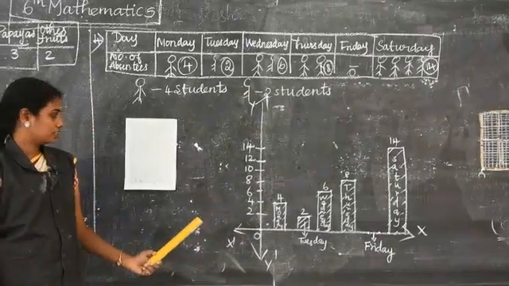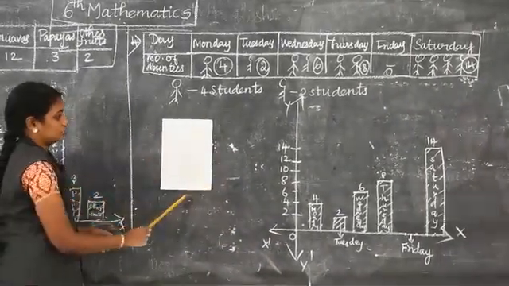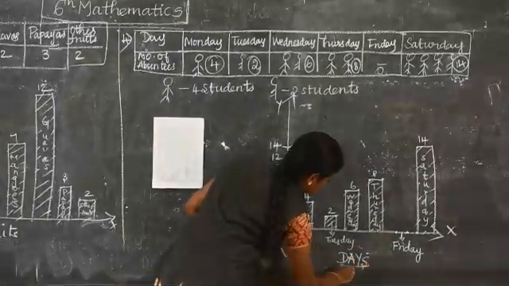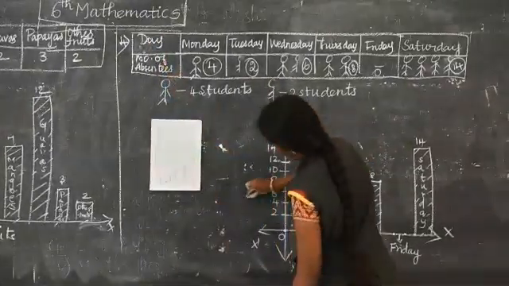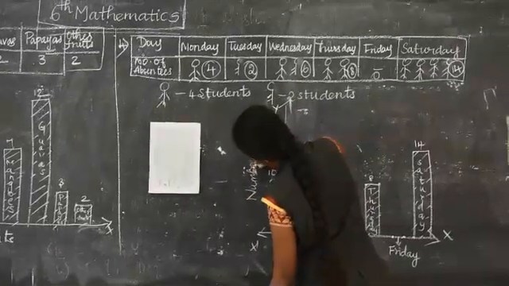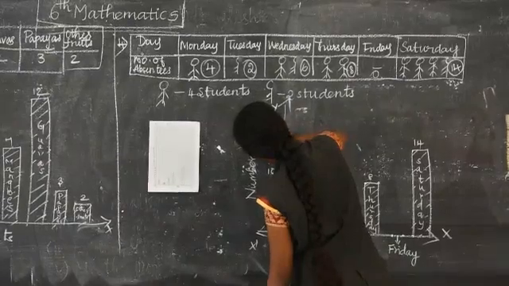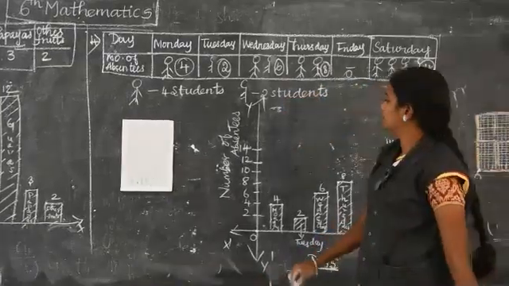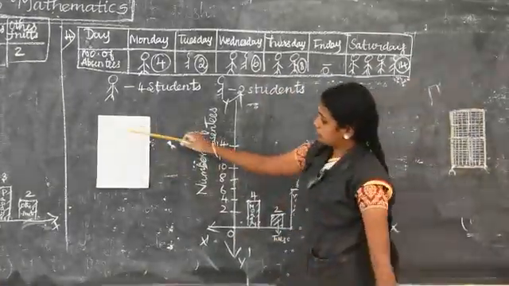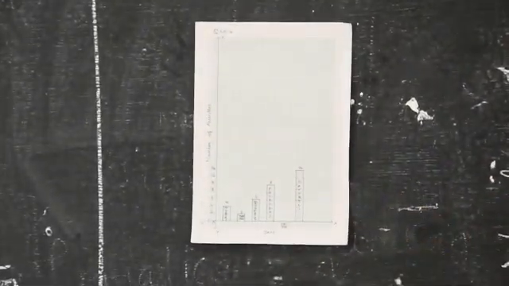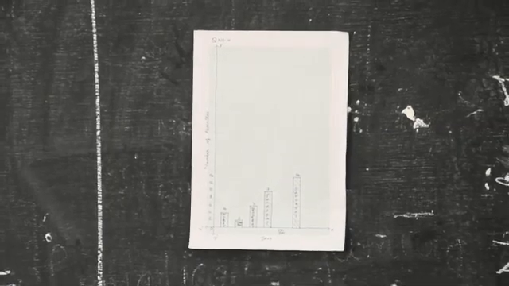Do it carefully, this one. You can see the model of this. Here write the days. This is important. Next is number of absentees. Over. This is 5 marks. Listen to me. You can see the model of this. Friday I left over. I didn't draw the diagram for Friday. Saturday only I have done. Leave that one box carefully.